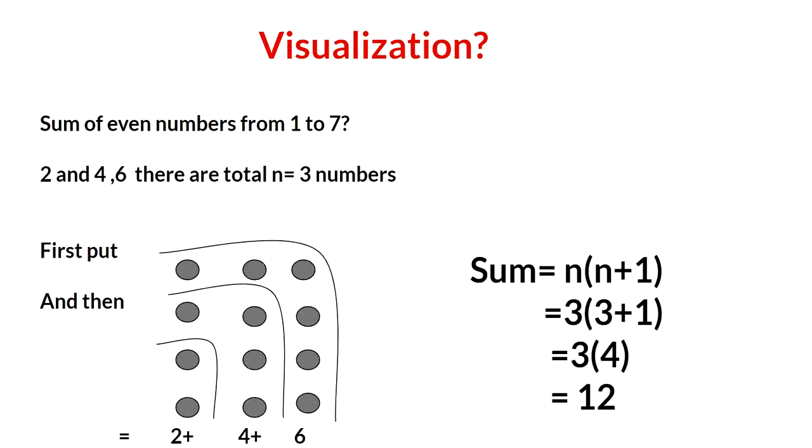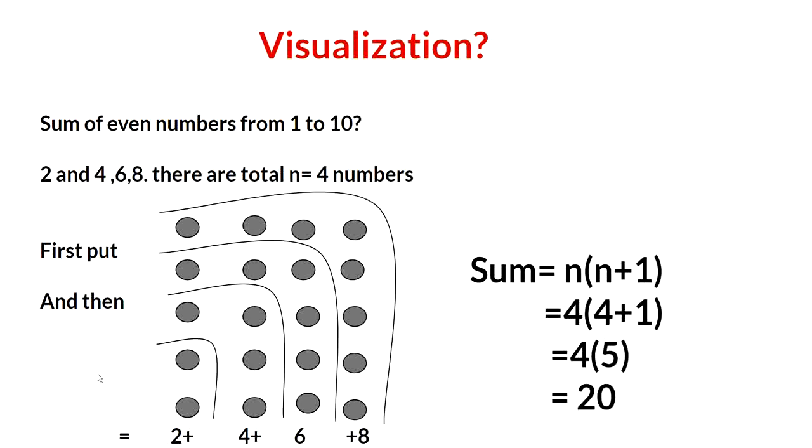2 and 6, and now it's going to be 12. And then from 1 to 10 you have 2, 4, 6 and 8. So draw the same pattern: 1, 2, 1, 2, 3, 4, 1, 2, 3, 4, 5, 6. Okay. And then you're drawing 8. Okay. So now just add everything. 2 plus 4 plus 6 plus 8, 20.